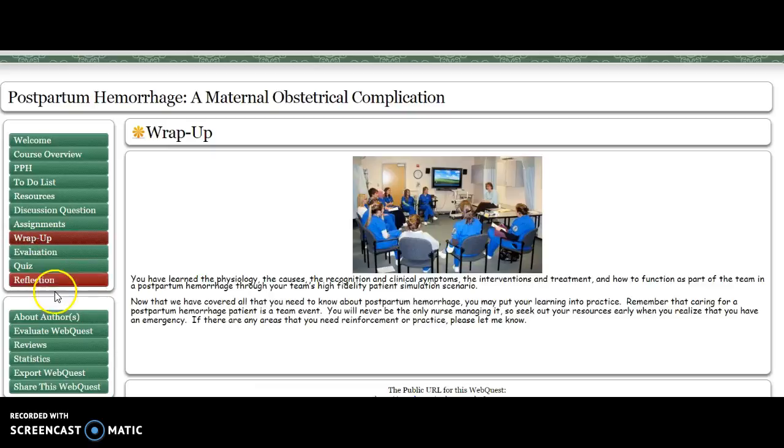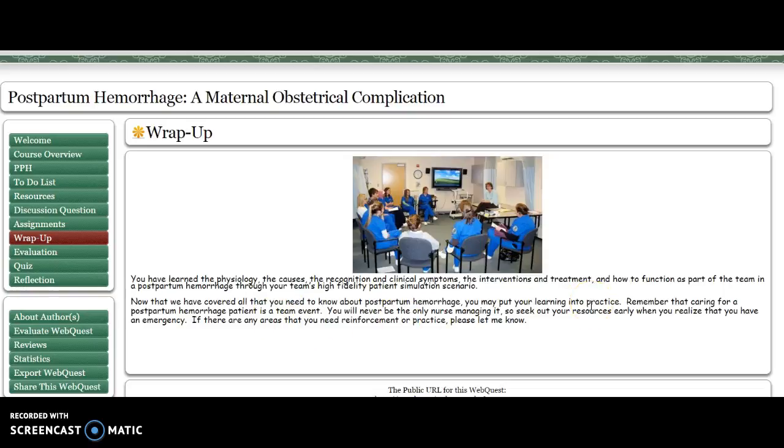In the wrap-up, you reviewed what you learned: the physiology, the clinical symptoms, the interventions and treatment, and how to function as part of a team in a postpartum hemorrhage in a high-fidelity scenario. And you encourage the learners to put their learning into practice